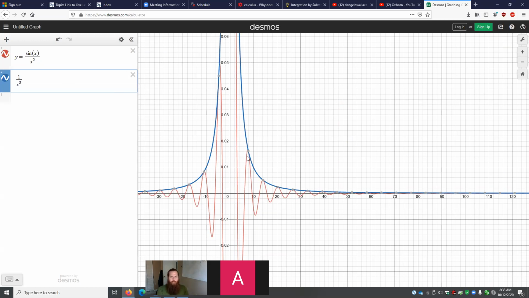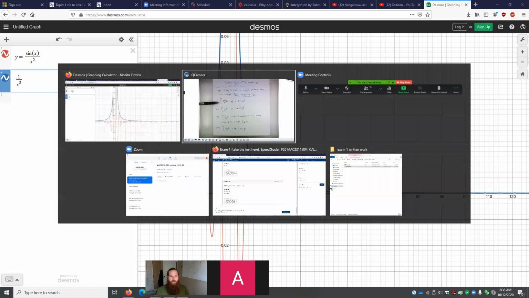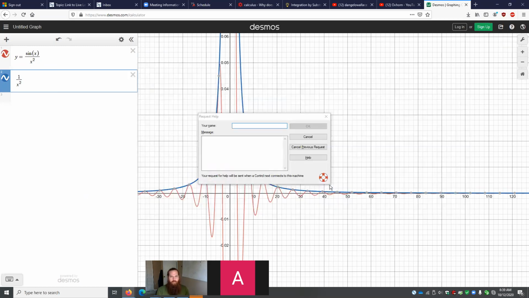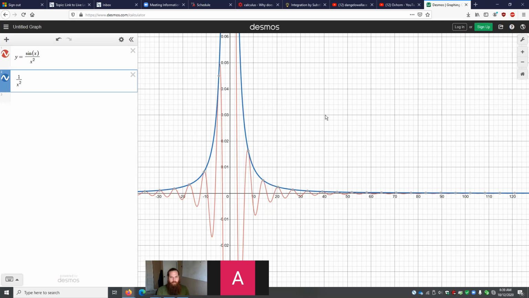It's not always positive though. So for the integral of the red function, you might worry that some of this negative stuff is going to get you in trouble. But because it's trapped underneath 1 over x squared, and we know 1 over x squared converges, we've got good reason to expect that the integral of sine x over x squared will converge as well. And I'll give you a theorem that helps you discover that next.